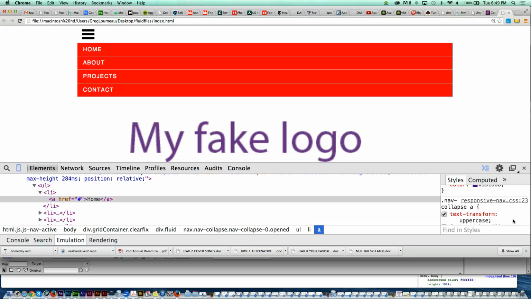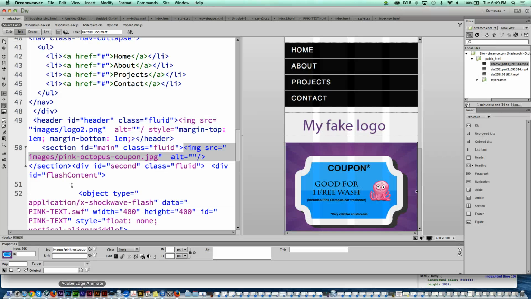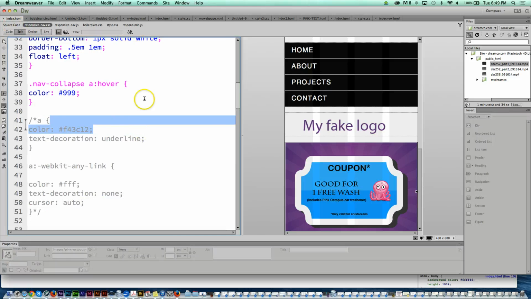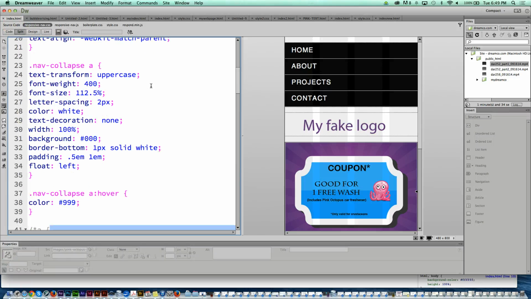So that means that if I want to change the background color to my menu, I can go into Dreamweaver. I can click on this link called responsive-nav.css, which is to the right of the source code link. And I can go down to line 23. And sure enough, at line 23, I see a style called .nav-collapse-A.